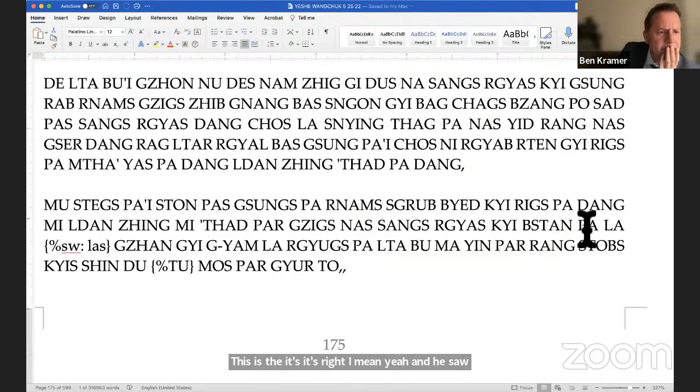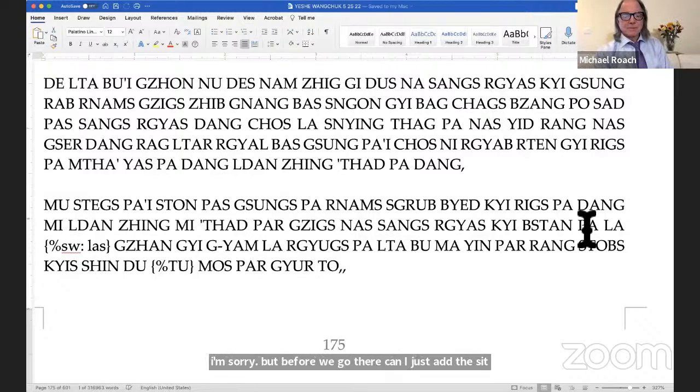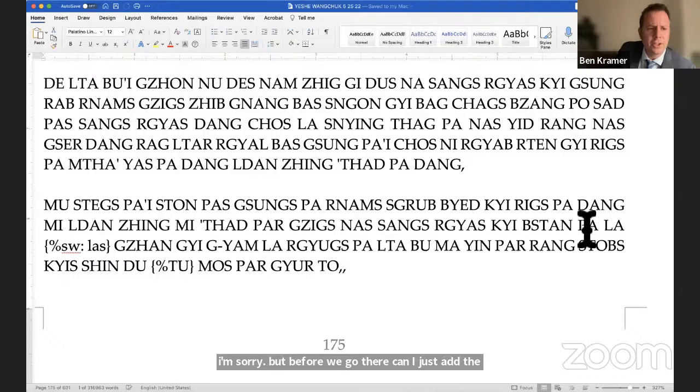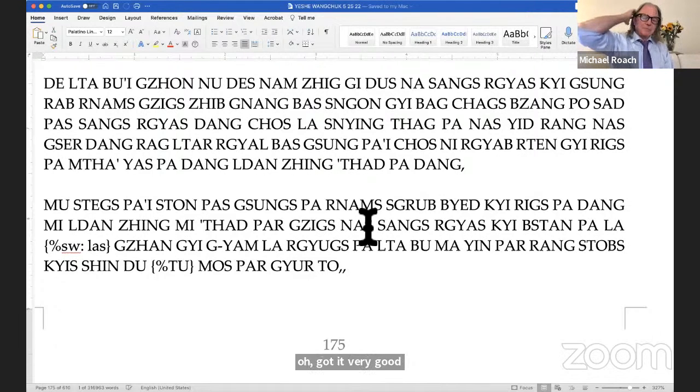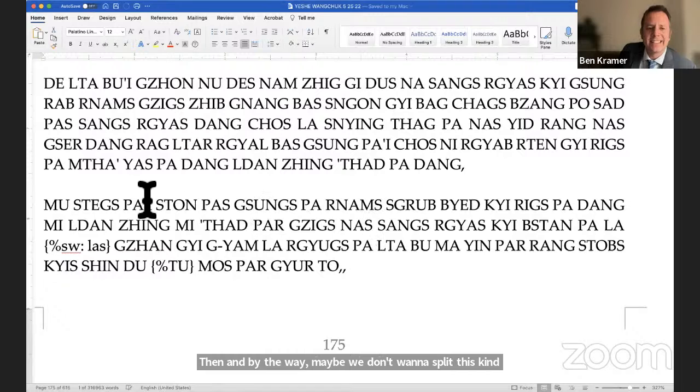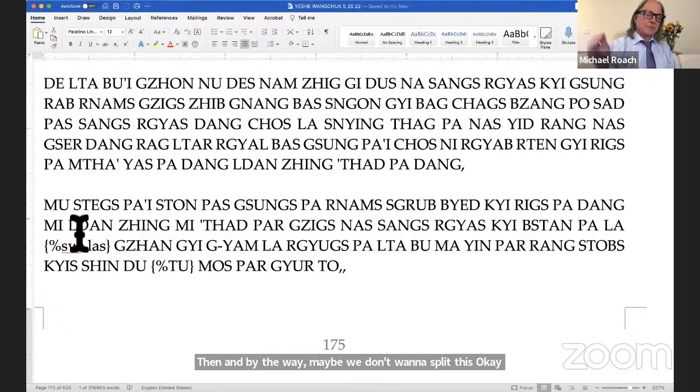I'm sorry, but before we go there, can I just add the gold and brass? He makes a reference to the gold, that he sees the Buddha's teachings as gold, but he doesn't make a reference to the brass here, right? Okay, here we go. And maybe we don't want to split this paragraph, because we're kind of splitting the rock into a different paragraph. And then for the brass,